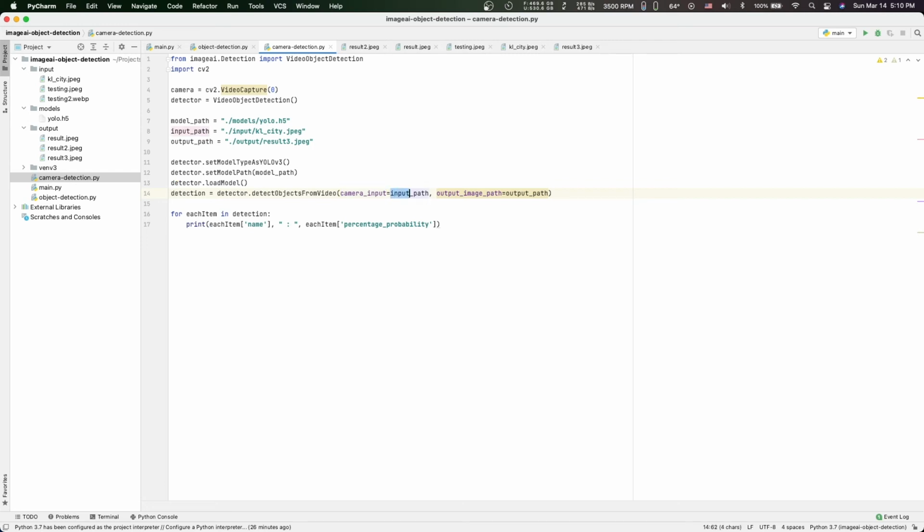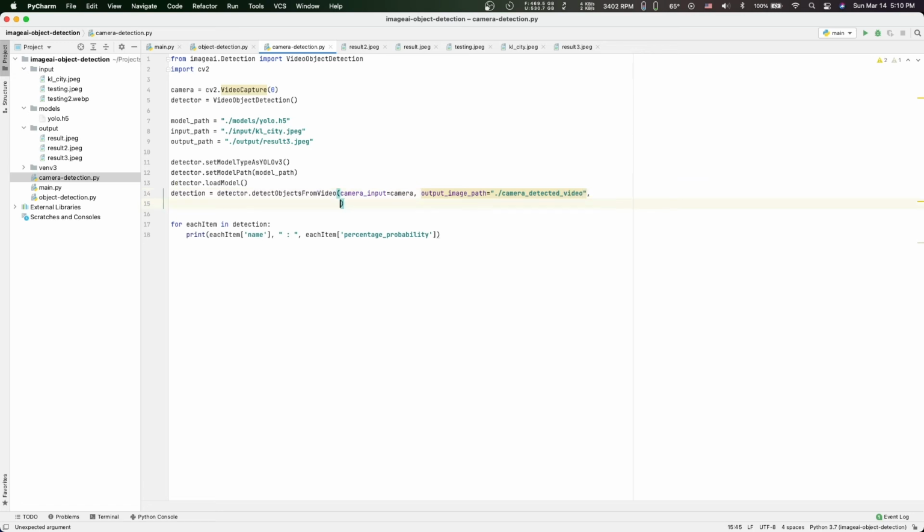Input path right now is the camera, which is this one. CV2 output is something like maybe camera detected